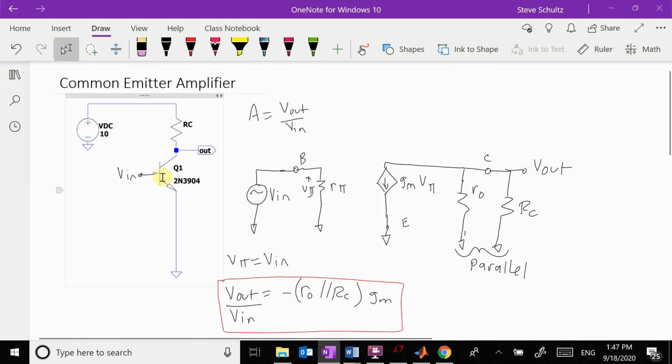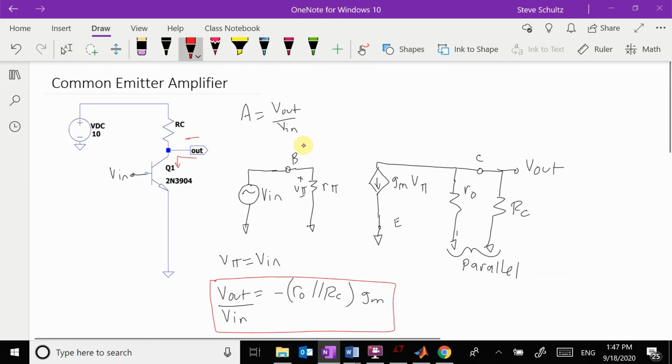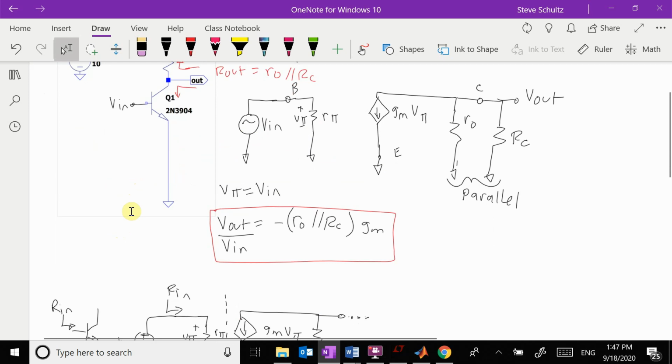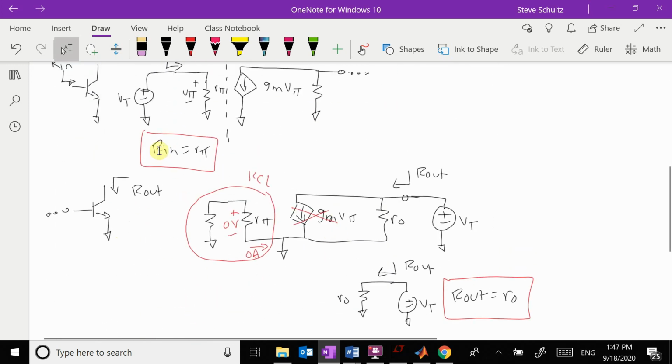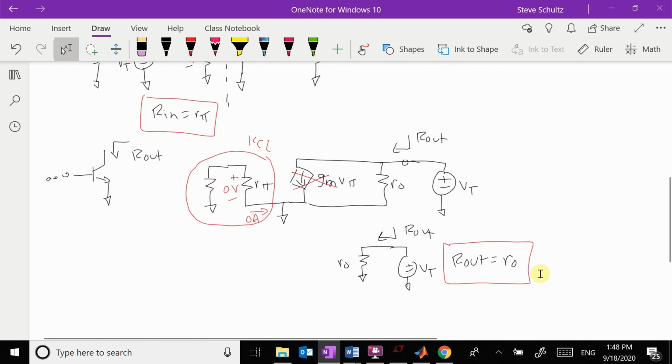Going back to my little test sheet here, that's this part right here, which is the RO. But in our actual circuit right here, we have an impedance looking down, and we also have an impedance looking up. So our actual R out is going to be equal to the RO, which is the part looking down, in parallel with my RC. So in our actual common emitter amplifier, we have to take into account the RC looking up. Over here, we don't have to worry about it. So now to review our common emitter, here is our gain equation right here, minus GM times RO in parallel with RC. It has an input impedance of R pi and an output impedance